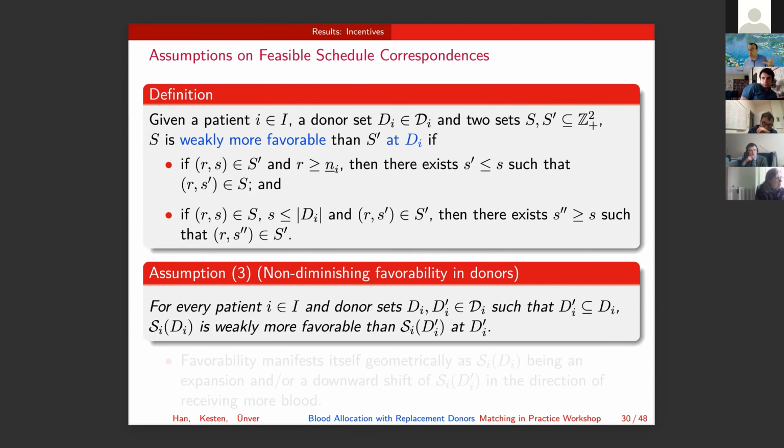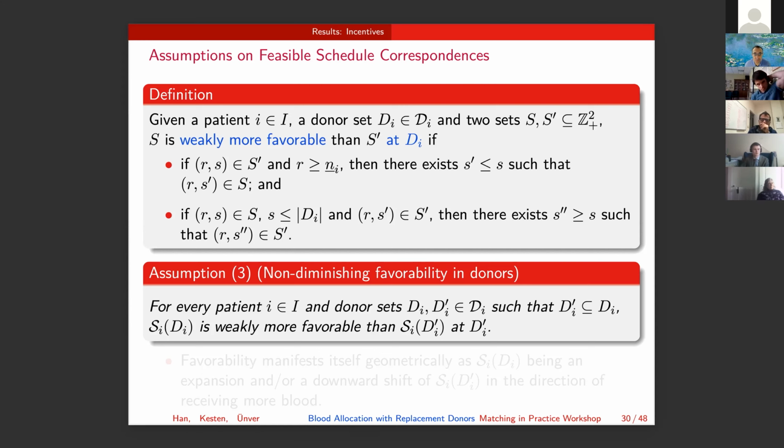But now you can imagine there is so much freedom: if you bring forward different donor sets, this shape can change very arbitrarily, and you can immediately say that if you bring one more donor, I'm not going to give you anything, right? So this would discourage all the incentives. So I need to at least somewhat regulate the incentives of the donor. So this weak more favorability says that,